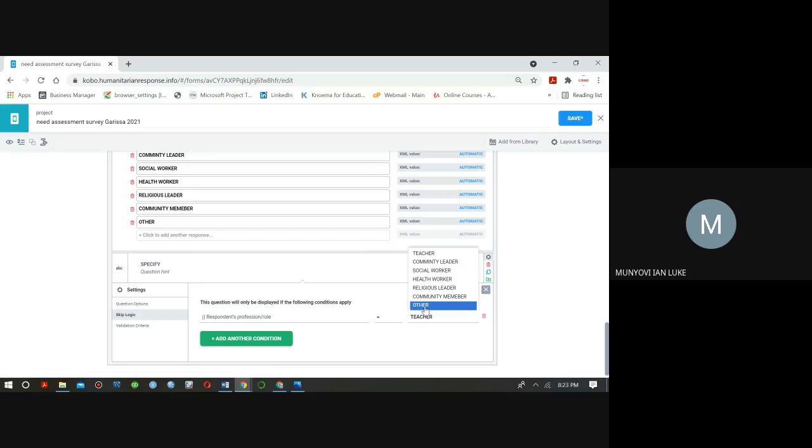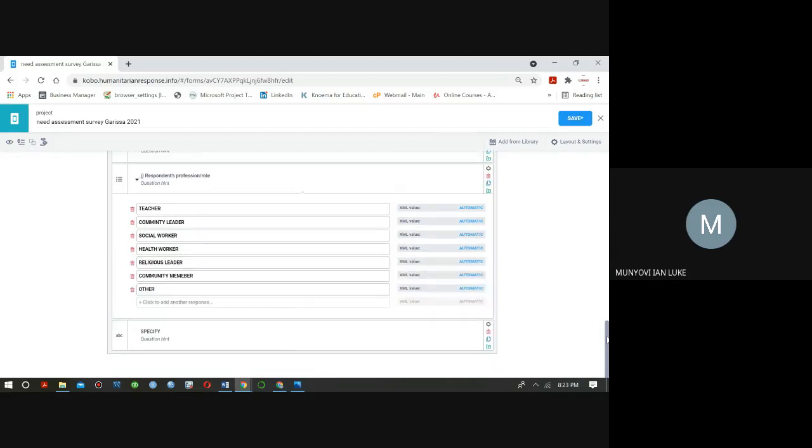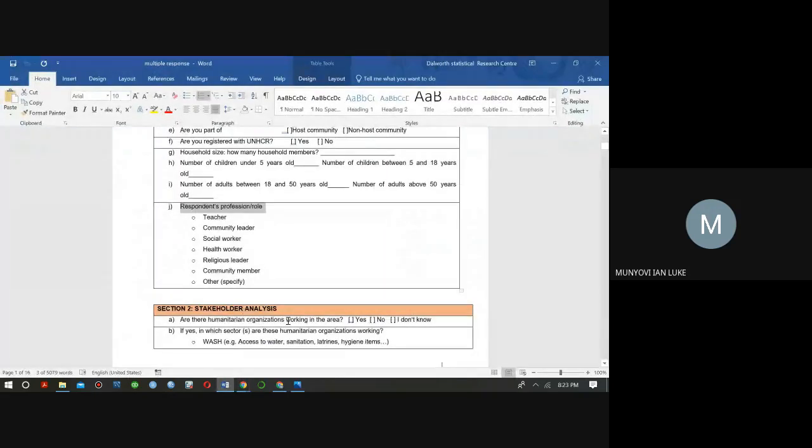If in that question somebody selects other, then that is when the option specify should appear. So I'll click on other. And if I close this one, I'm good to go. I hope that part is understood. I'll go to the next question.